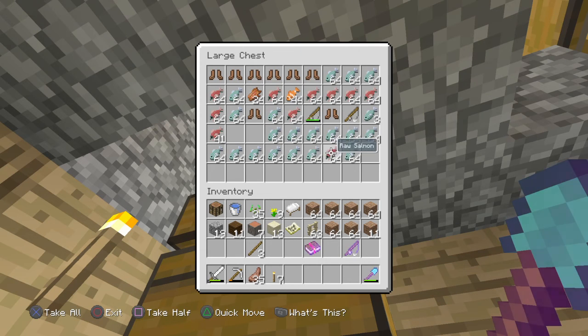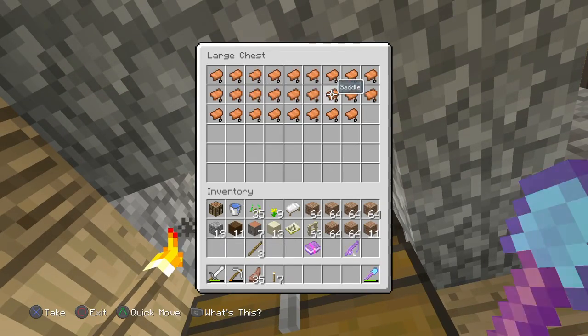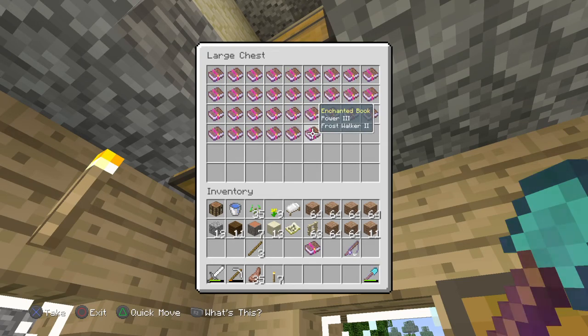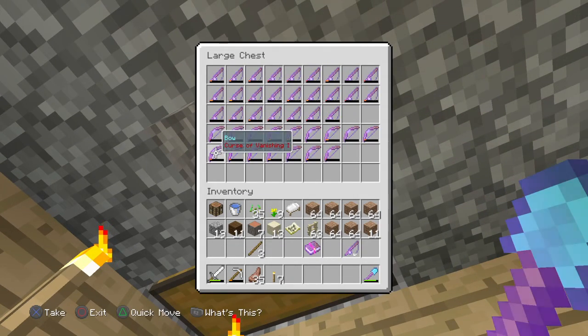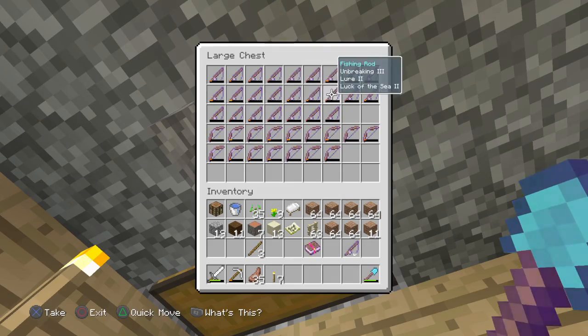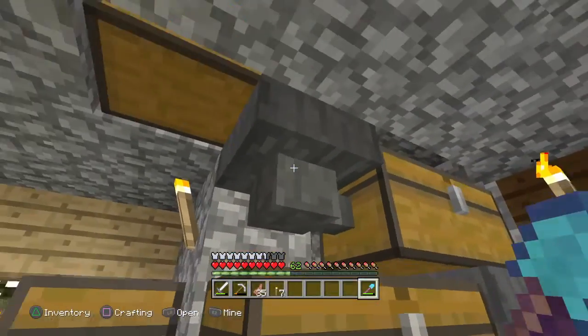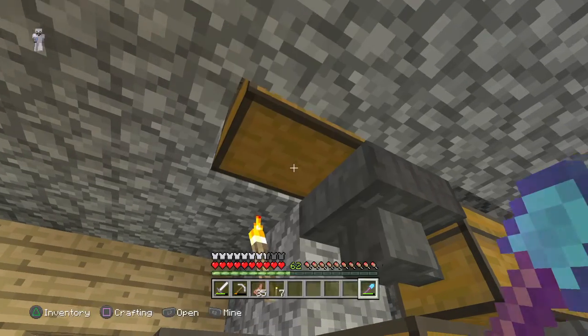This is pretty much all junk, I guess. Here's all the saddles we had before. All the books that we had before. And these are all the bows and fishing rods we had before. When I showed this in the last video, and now as you can see, it is full again